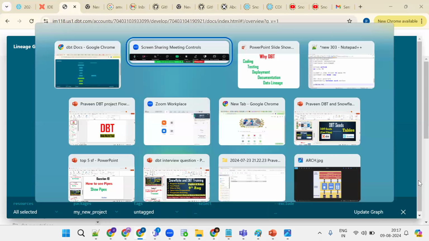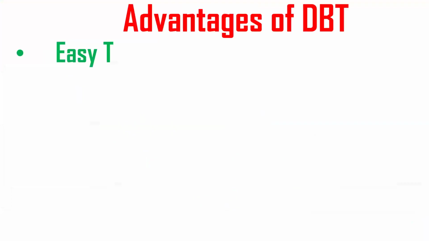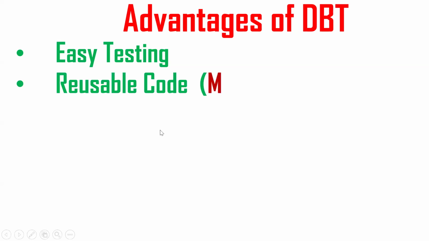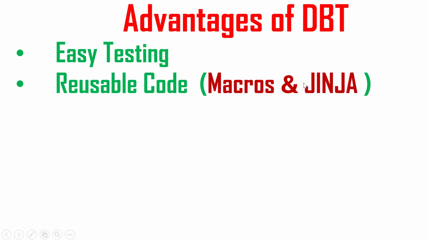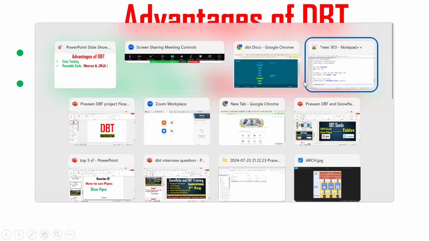So with the help of this data, we can see the dependencies. See, easy testing, we can do easy testing. Next, reusability of code. Here we have the concept of macros and Jinja. Tell me, in Snowflake,